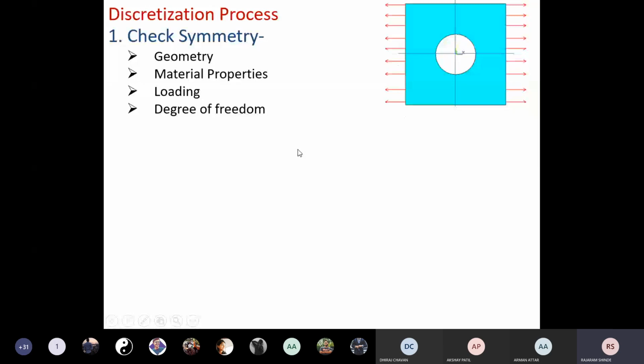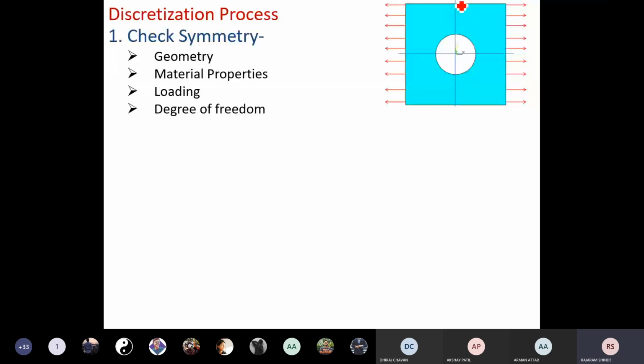Now you see this image. It is one plate with a hole. You have solved this problem in engine design, a plate with a hole. Now when we want to solve this type of problem, suppose this is made of a single material, and there is a loading on this side and a loading on this side. Now, if we consider this vertical axis and this horizontal axis, or this vertical plane or horizontal plane,